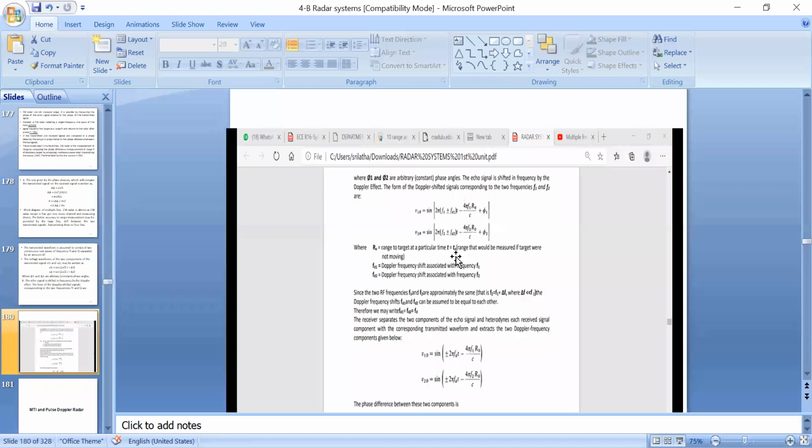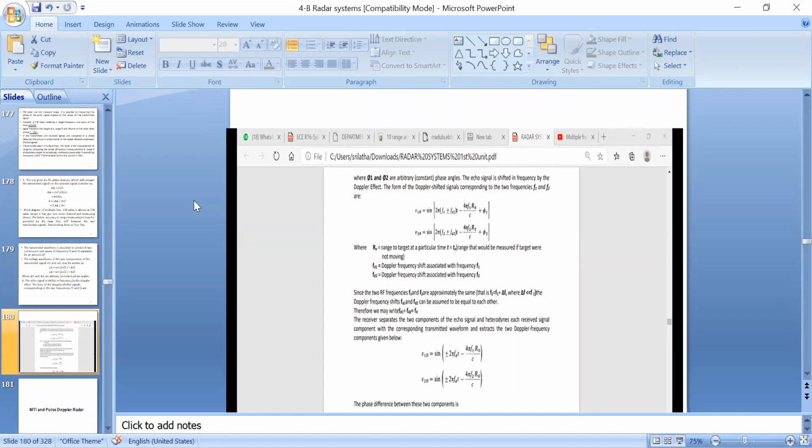What is the main aim of frequency modulated continuous wave radar? It should provide range information of the moving target, because all other things are provided in the basic continuous wave radar design, right? In order to provide the range information, they use the frequency difference, called the frequency deviation. By using the frequency deviation, they can easily calculate the range information. That was one way. The other way is by using multiple frequency transmission, we can calculate the range information of moving targets in a continuous wave radar.